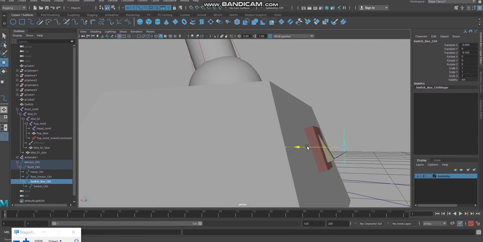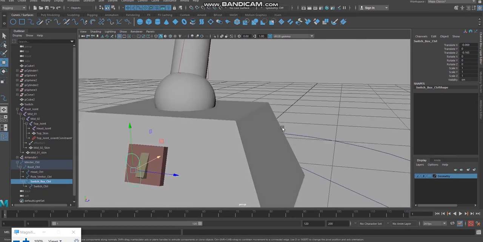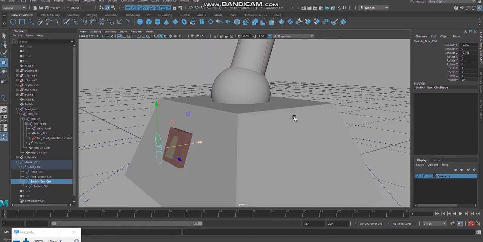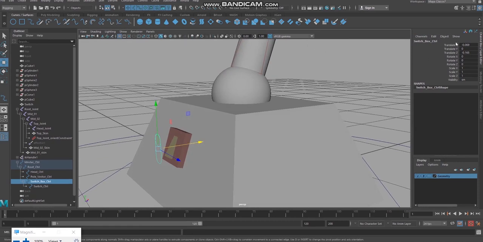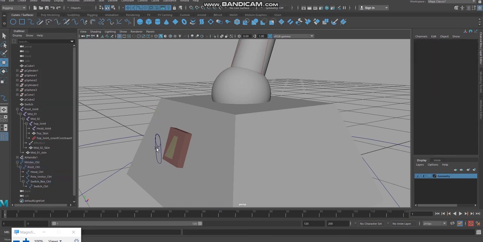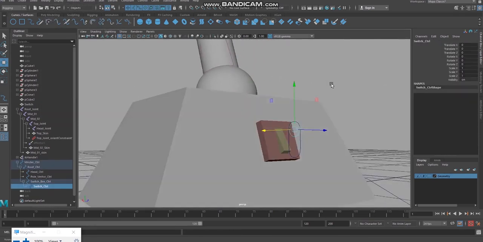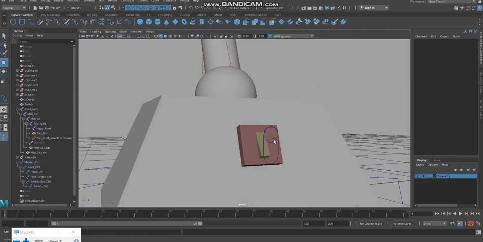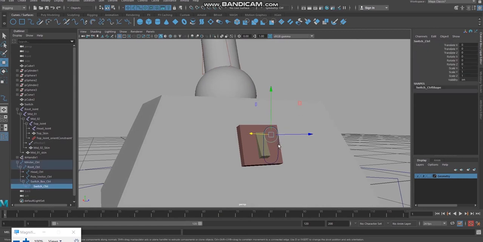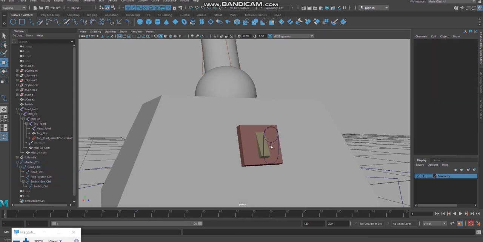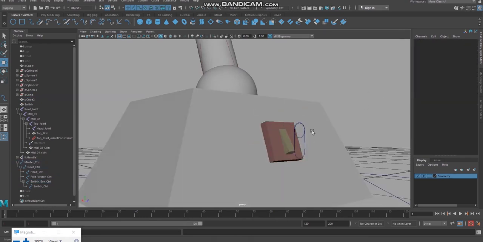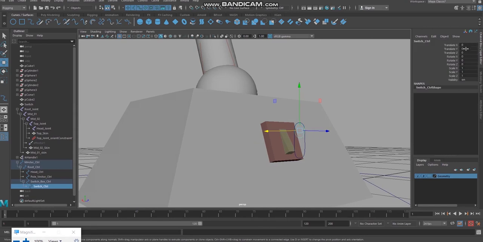I'm making the changes. Because the values are changed, I'm going to freeze transformation again. Since this switch control is the child of this switch box control, no change happened in the translation, because the parent's zero position has been applied to the child.